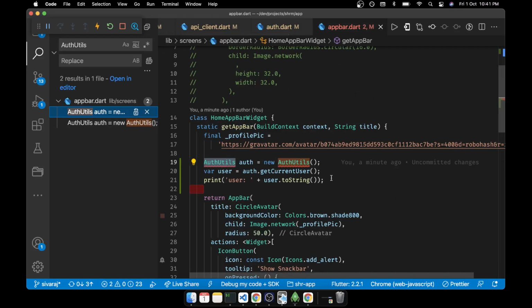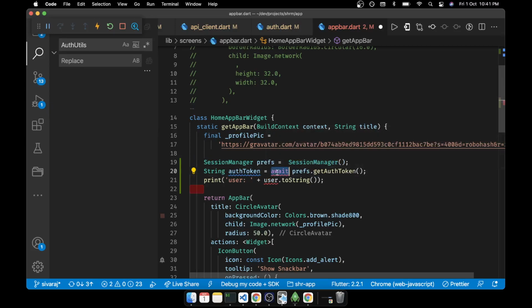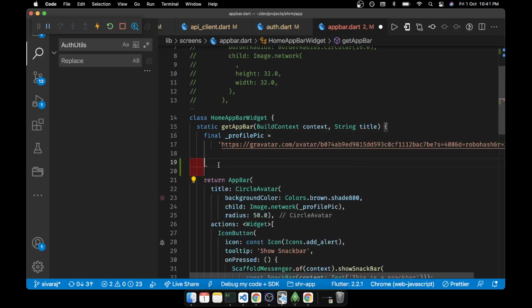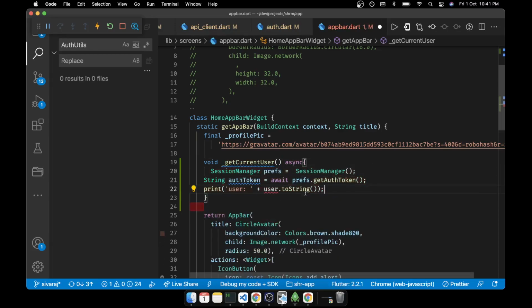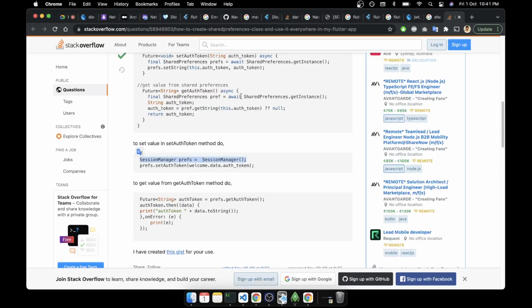Let's copy this, we'll go here, we'll just adjust this part. Then if you want to do this one, then we have to wrap it with a function. So from the authToken we have to do something like the one that we are talking about.